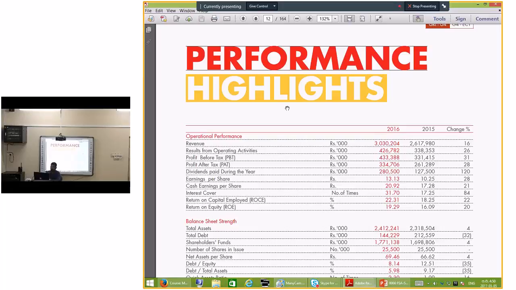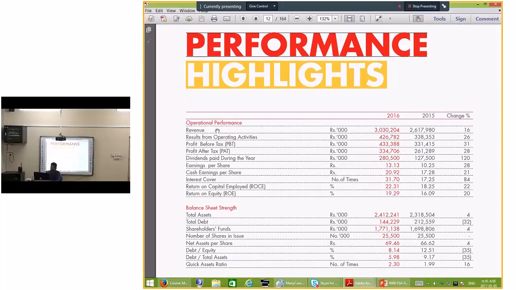It is given that operational performance, revenue in the previous year was 2617 something, but this year it is exceeding, 3030, right? Then we can see approximately 16% improvement in revenue. Then results from operating activities, again we can see a positive change,